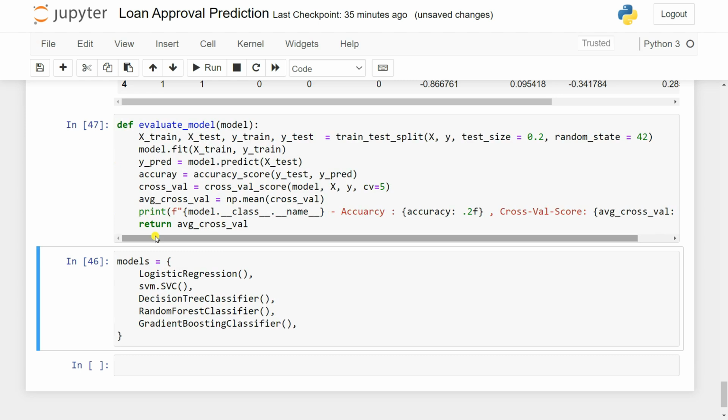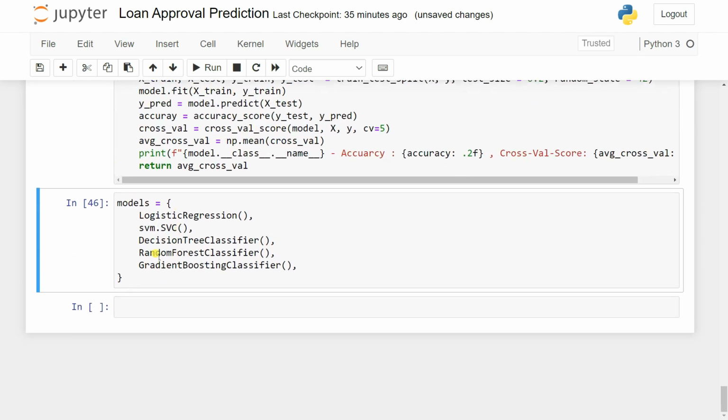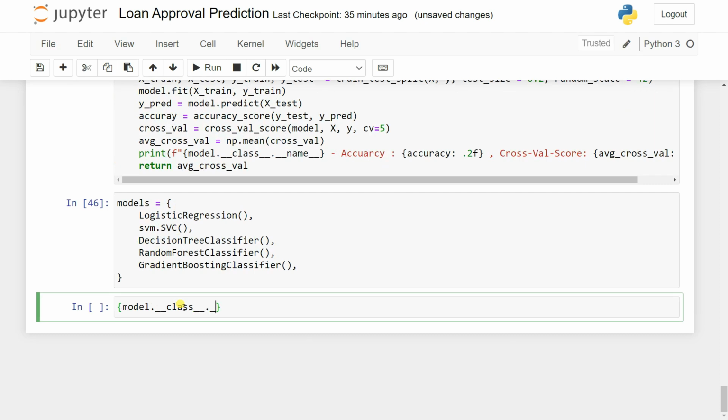That's called evaluate_model. So now we can simply evaluate our model. What I can do is simply take it here, let's say model.__class__.__name__, and we're simply going to evaluate our model here. So let's say evaluate_model, and inside that we pass here a model. Where can we get it from? From models. Let's say model in models, and then inside that we need to pass here our model. It is an anonymous function. You can use lambda as well. So let's say model